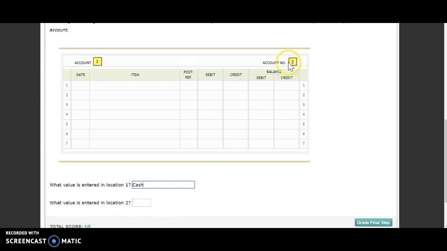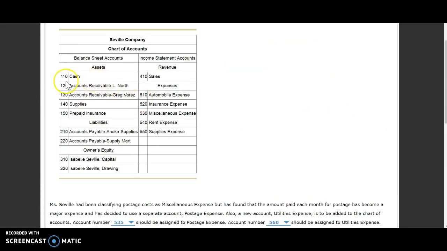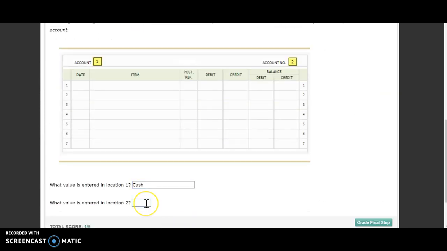For location 2, that's going to be our account number. So if we go up to our chart of accounts, we see that cash is 110. So here we would simply put in 110. Remember, there are 2 steps to opening an account. List the account title and list the account number. I can grade my final step